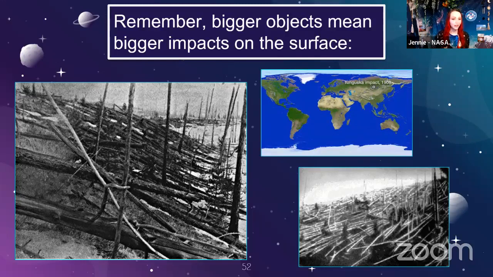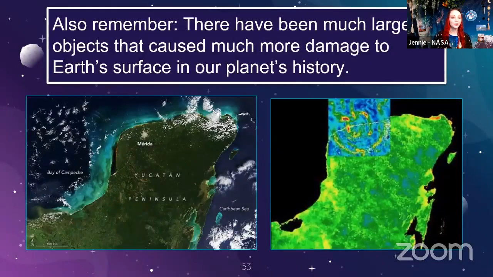So bigger objects coming into the atmosphere do mean bigger impacts on the surface. And I know you all seem to know about the one that caused the extinction of the dinosaurs. This is another one that happened so long ago that it's very difficult to see the crater now. This was a much, much larger object that was closer to 10,000 meters or 10 kilometers in size. And this affected all of the life on the planet, as you know, with what happened to the dinosaurs. So even though it hit this one area,